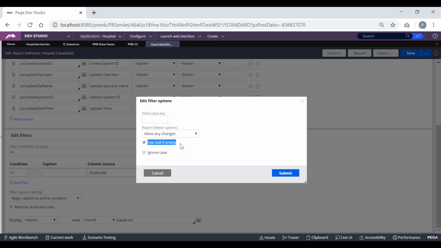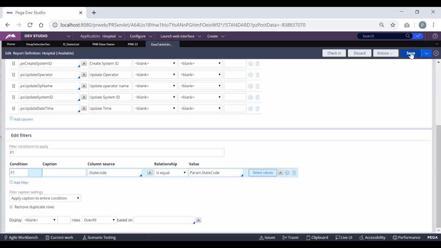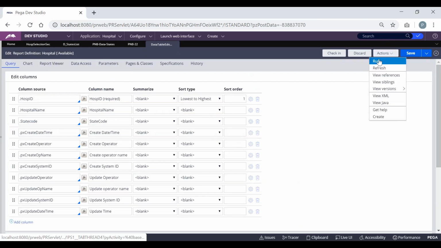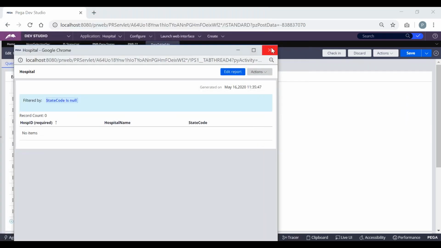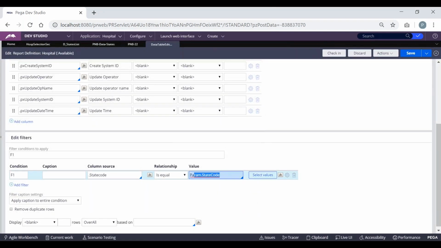You will understand this importance after we're done with this discussion. So just submit this and click on save. Now run this. State code is null. Why? Because we are not passing any parameter value here. So param dot state code value is blank now, and that's why it is not pulling any records.